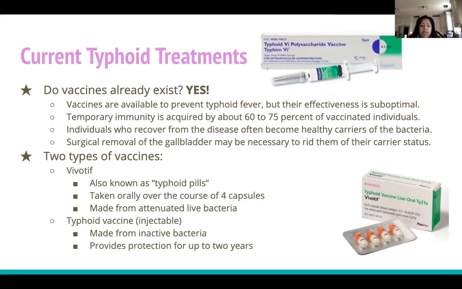The 2 types of vaccine: one is known as Vivotif, which is basically typhoid pills. It's taken orally over the course of 4 capsules, and it is made from an attenuated live bacteria. And then they also have the typhoid